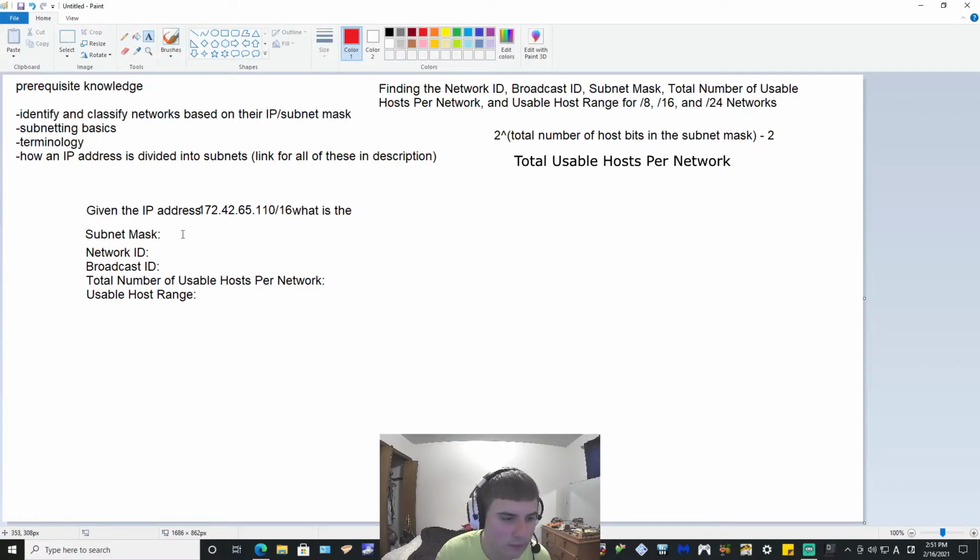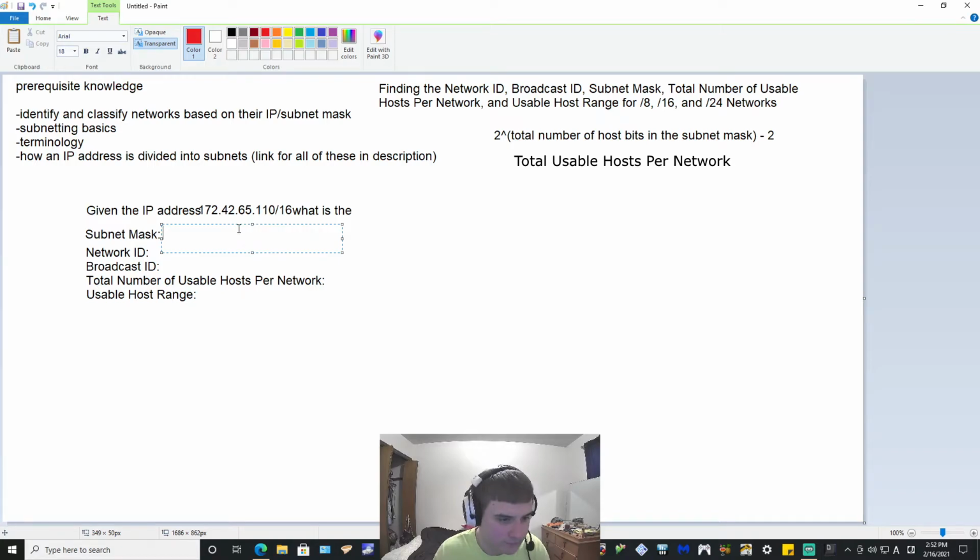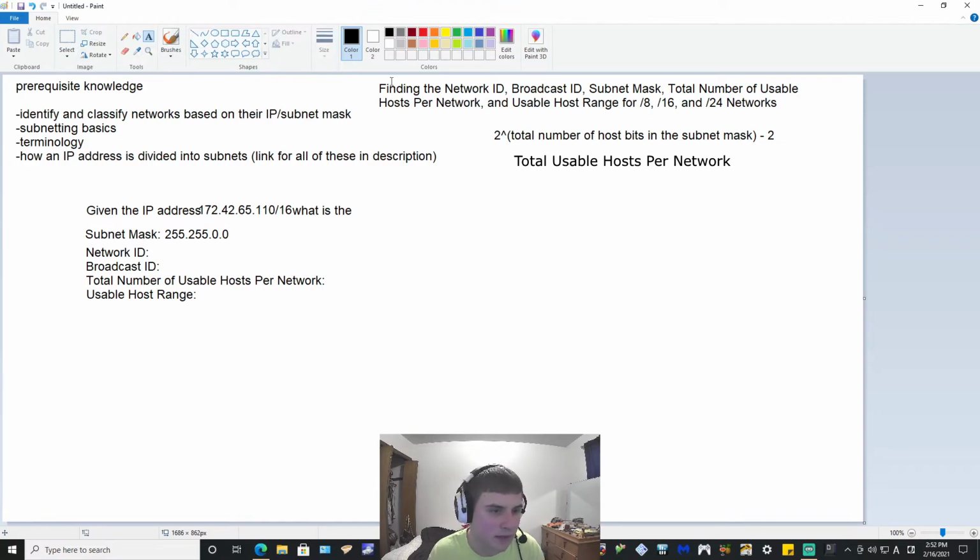So to start off with the subnet mask, we can see that this is a class B network, so we see that /16 right here. What that means is we know that our subnet mask is going to be 255.255.0.0. Okay? Knowing this subnet mask helps us solve the rest of the problems. So I always suggest writing out your subnet mask first. Now, given that this is a class B subnet mask, because we have the /16 here,